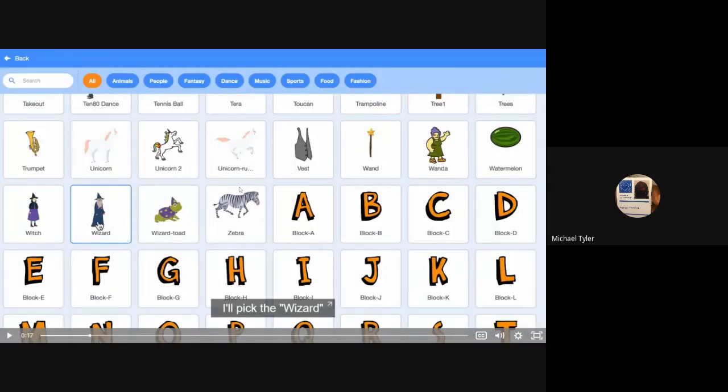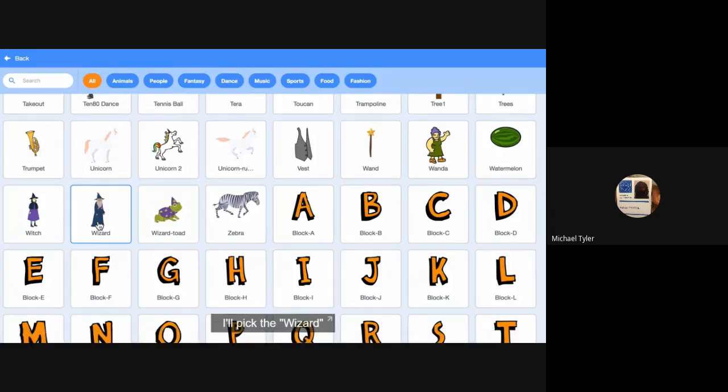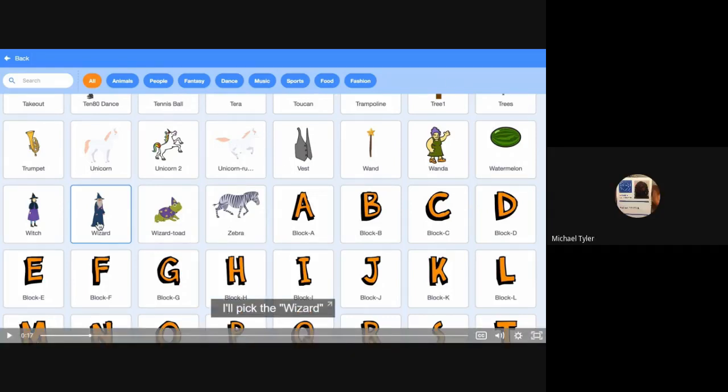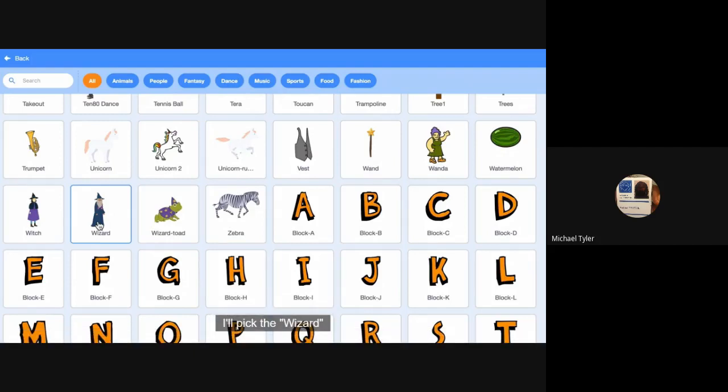Okay, so she chose the wizard. You could choose whatever. So you're at the part where you're choosing your character. Okay, you chose it. If you need a moment, just let me know. Choose which one you want to be your first character. I got it. Okay. I'm gonna keep going because in a minute I'm gonna have you share your screen and see what you did so far.